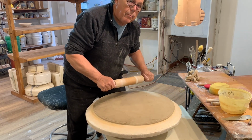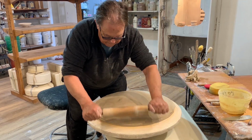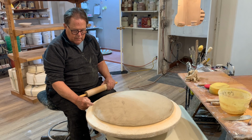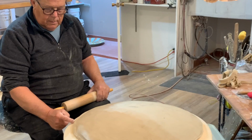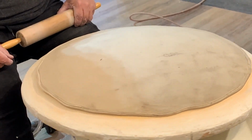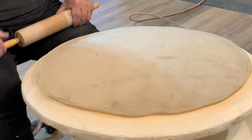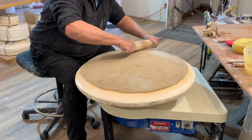A monkey can make a round pot. All right, let's check and see how round this thing is. Close enough for government work. But you see how the undulation happens? I just love that. That's natural. A little thick, funny spot right here. I'll give it a little bit of a...